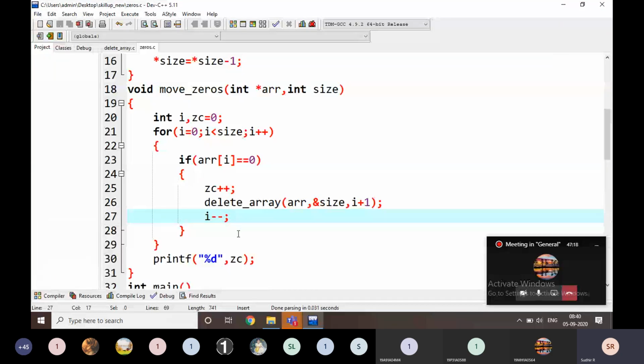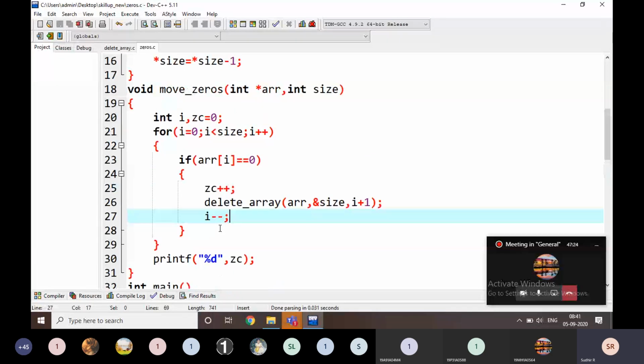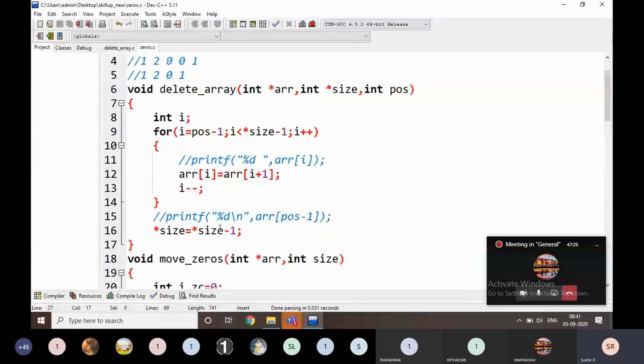I'm going to execute 1 0 2 0 0 0 1. It is not coming. I think I deleted something else.